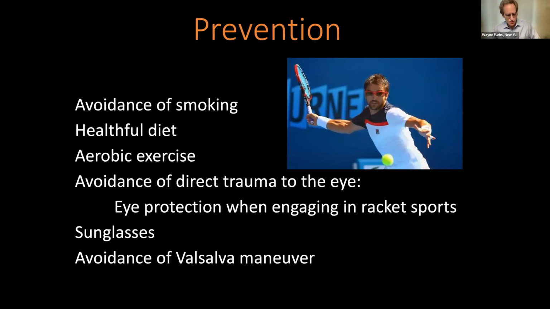This brings us to strategies to prevent vision loss. Well, we recommend an avoidance of smoking, as already mentioned, in patients who already have a risk of accelerated atherosclerosis. We recommend a healthful diet, aerobic exercise to build peak bone mass at an early age to reduce the risk of osteopenia and osteoporosis later on in life, which is another good reason to avoid smoking, which can lead to